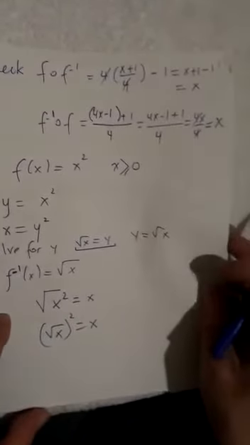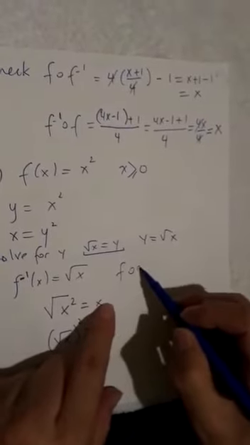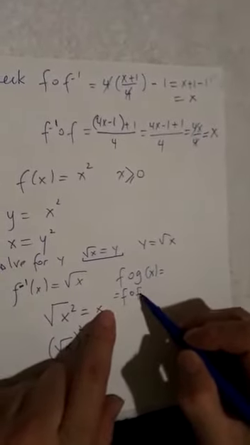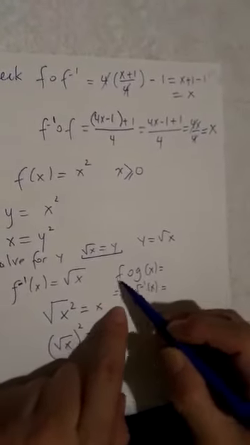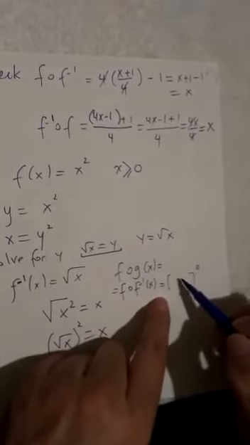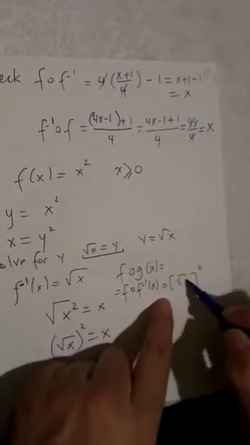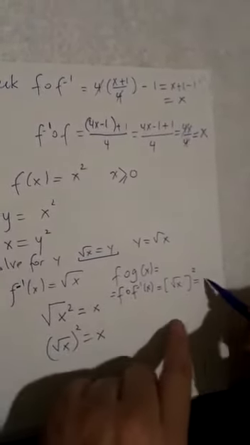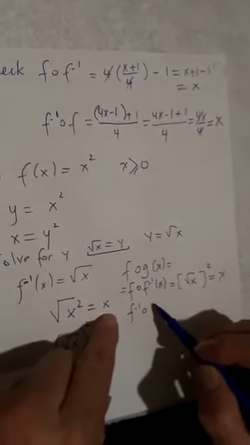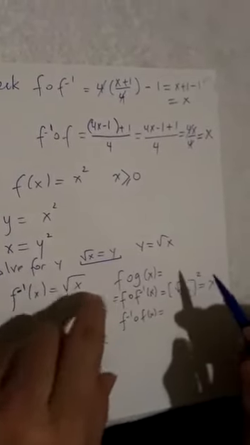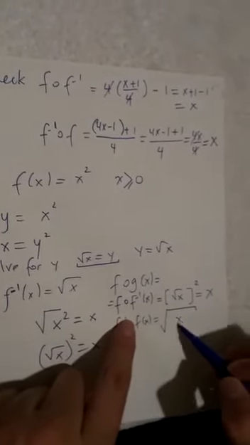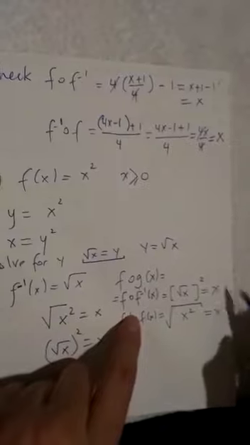Okay, let us check. If you're doing f of g of x, or f of f minus 1 of x, the main function is f, which is x squared. So it's something squared. What do we put inside here? The inverse. The inverse was root x. Root x all squared is just x. Let's do g of f of x, or f minus 1 of f of x. The inverse was square root of x, so it will be square root of f of x, and f of x was x squared. Okay, this is x because x is positive. So both ways